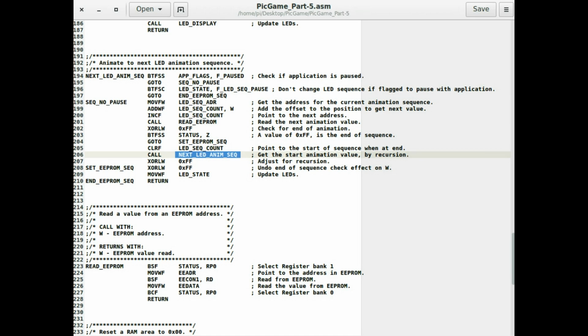But in this particular example, that saves us having to write any extra code where we are here, just to get the first value again. So we can just call the same function, because it does what we want to do. Now when we come back out of there,